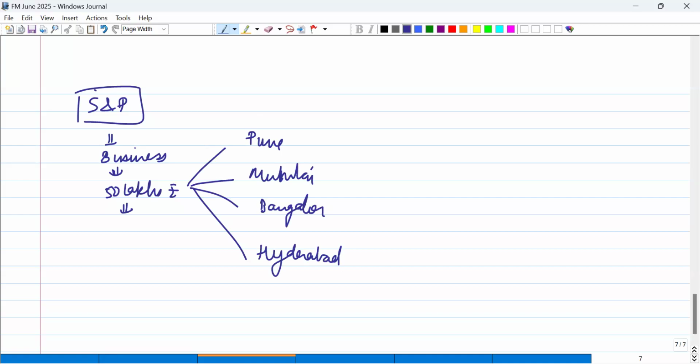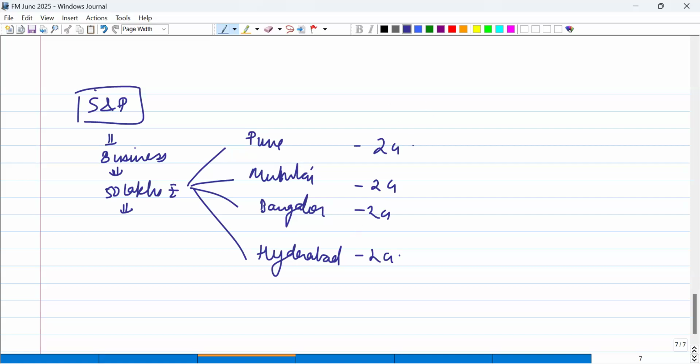You say, sir, you become our financial manager. You are our FM teacher. Become our financial manager and please guide us what to do, whether to go with Pune, Mumbai, Bangalore, or Hyderabad. Then I say, how did you shortlist these 4 locations? You were like, sir, see, in any city you go, we have an initial investment that can be done for 2 crore rupees.